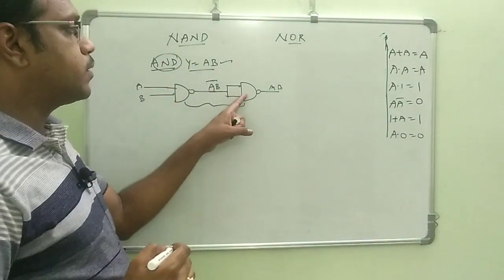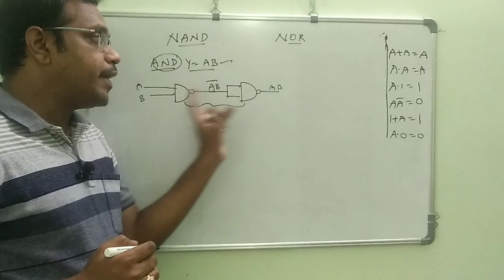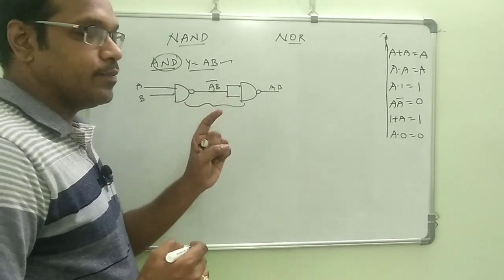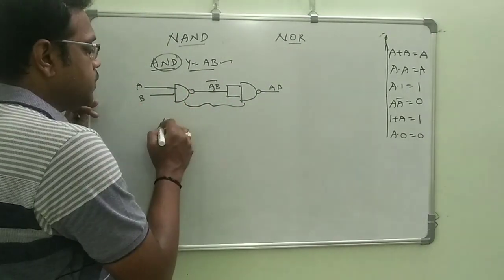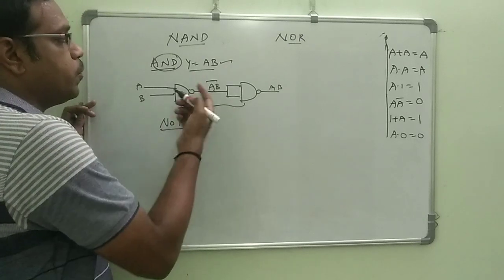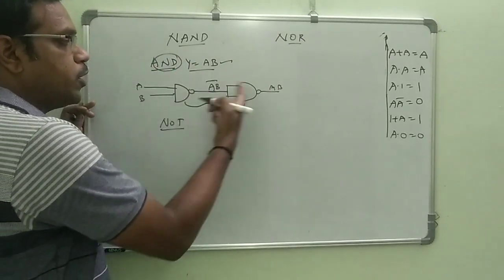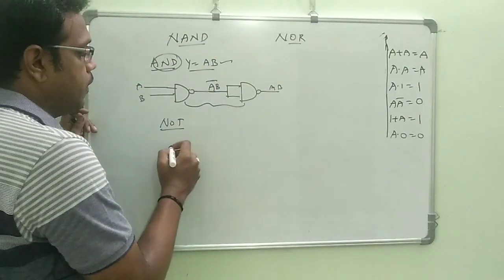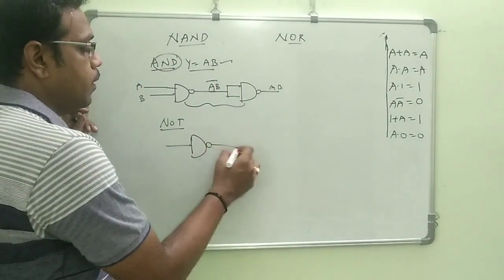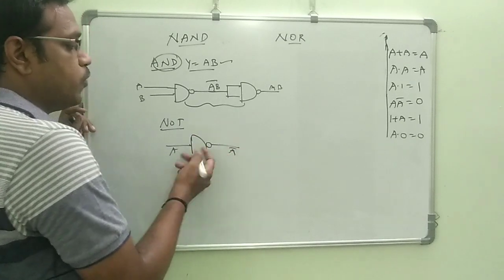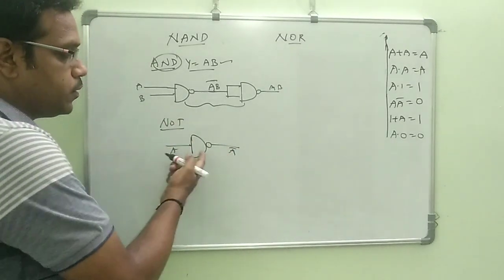So if they give a diagram like this, this is called AND gate, and a single NOT gate. If you want to prepare like this, we can prepare the AND gate by using these 2. Only 2 gates are enough, 2 NAND gates are enough. A single input and single output for the NAND gate, you will get a NOT gate. This is a NOT gate.